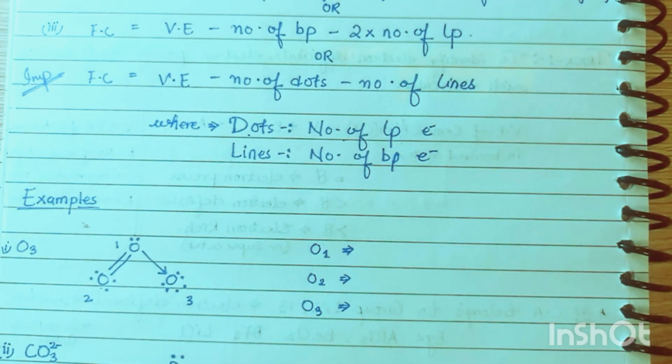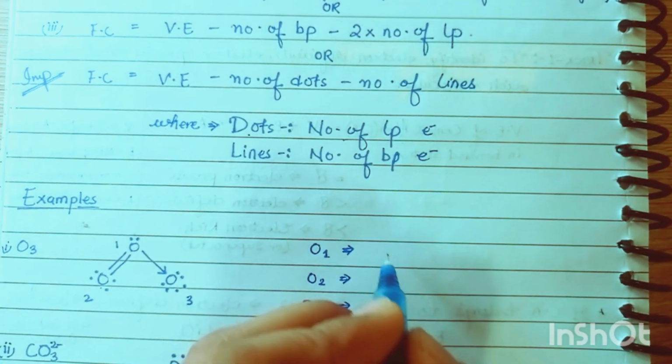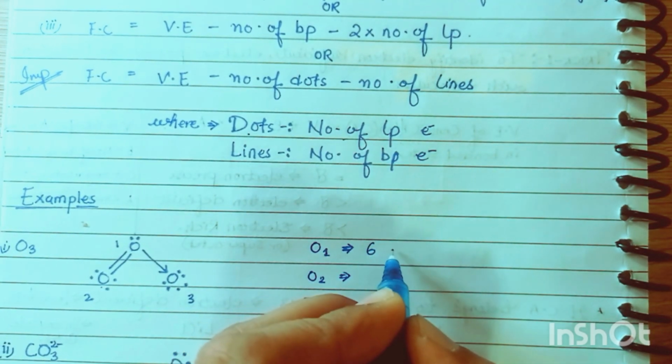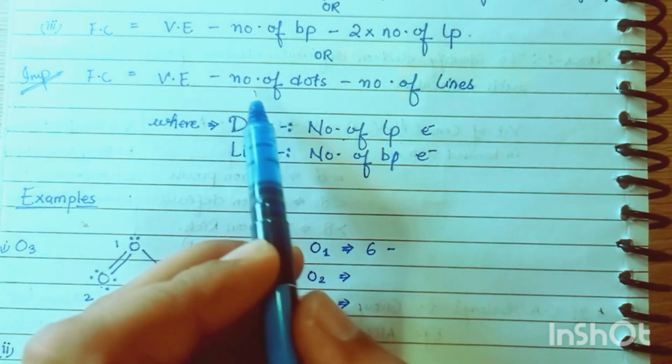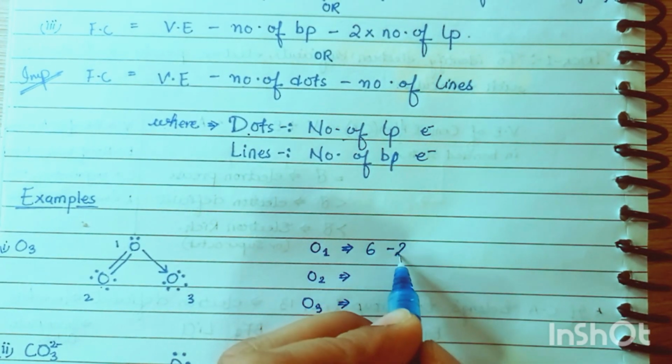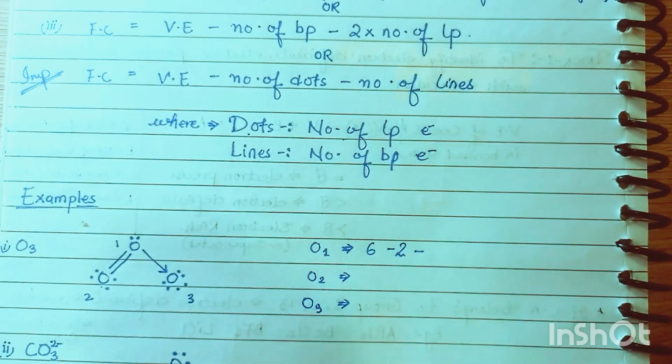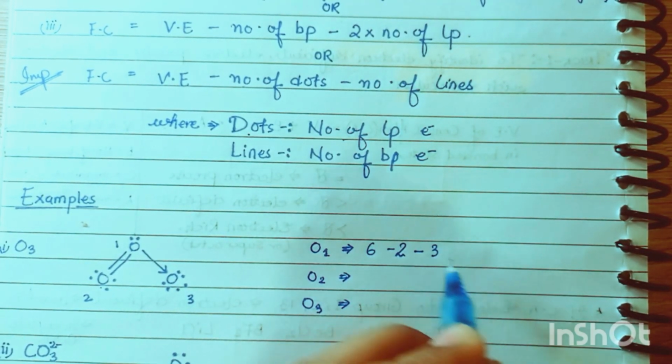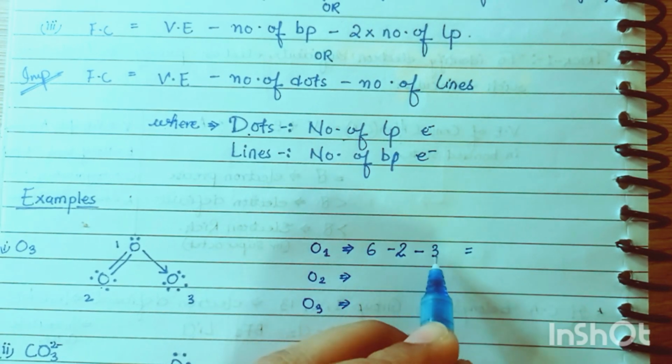On oxygen 1, how many valence electrons does oxygen have? 6. Minus number of dots, how many dots? 2. Minus how many lines? 3. So 6 minus 5 is